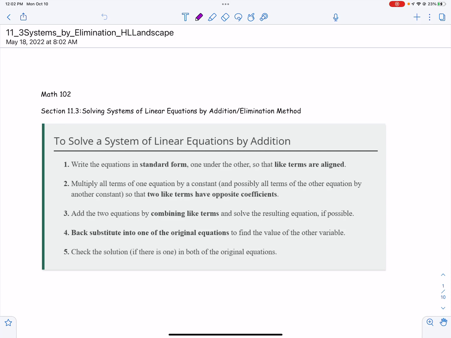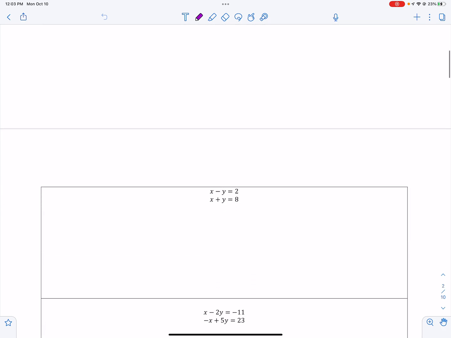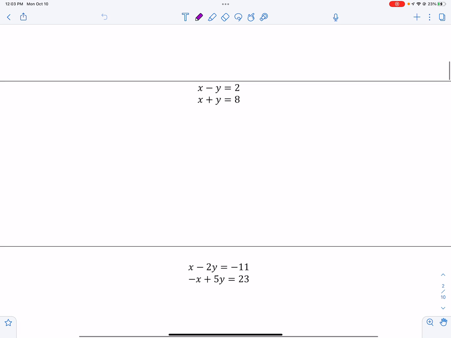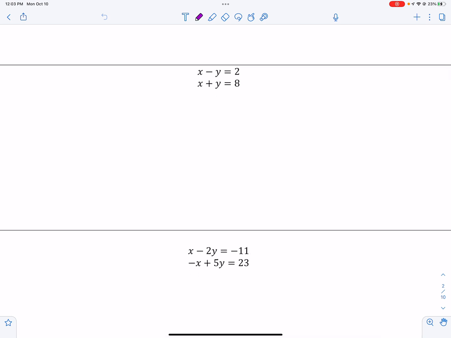Okay, this is 11.3 systems of equations by elimination. So there's a brief description of what your textbook has right there on the first page. But we're going to jump down to these problems. And with these problems, ideally, these are set up for elimination if you have variables with the same coefficients but